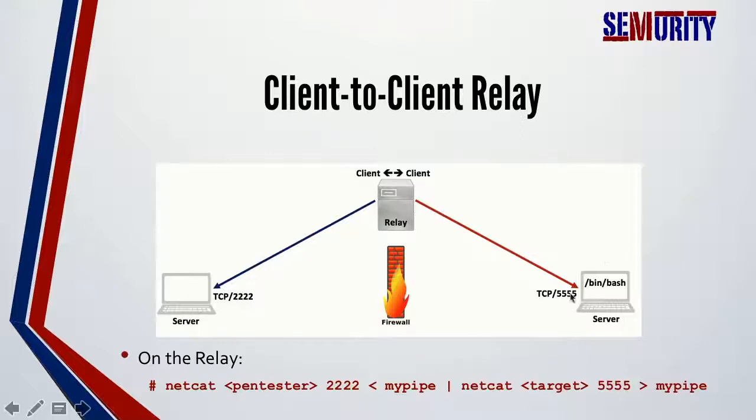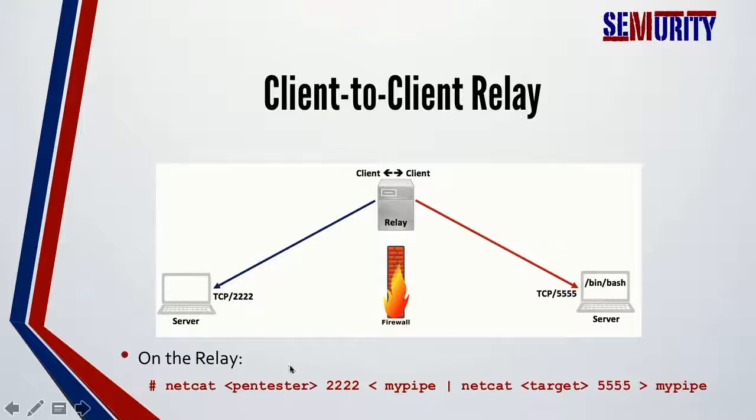Similarly, the target is also going to be running netcat as a server on port 5555, and the second instance of netcat on the relay is going to connect to the target on that port, and then the target is going to execute /bin/bash.